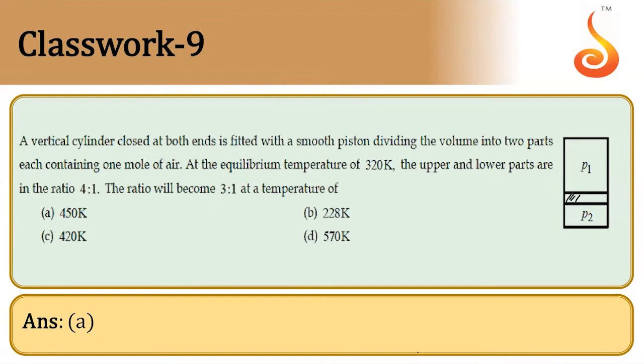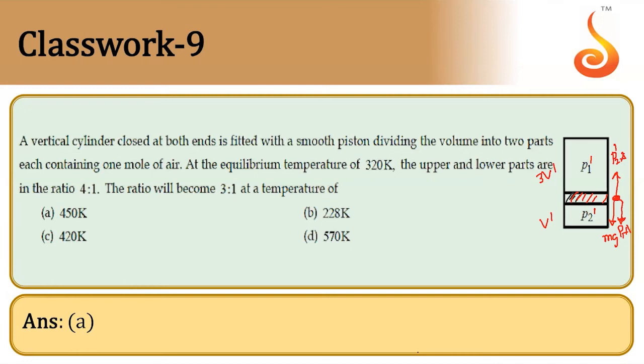So now, in the second case, this volume is V dash, this volume will become 3V dash. Am I correct, children? So the ratio of volumes will be 3:1 and temperature also will be different. Again, you account for equilibrium. Now pressures also, you see P1 dash and P2 dash. So as usual here, P2 dash into A will be there. Downward mg will be there. And downward, one more force will be there, P1 dash into A.